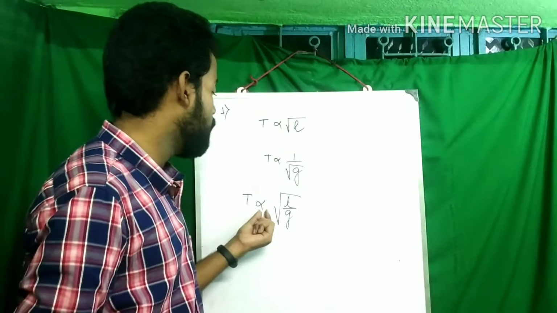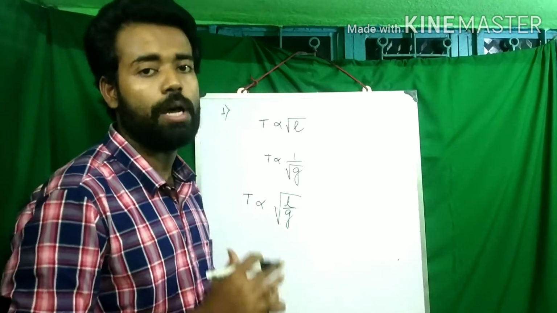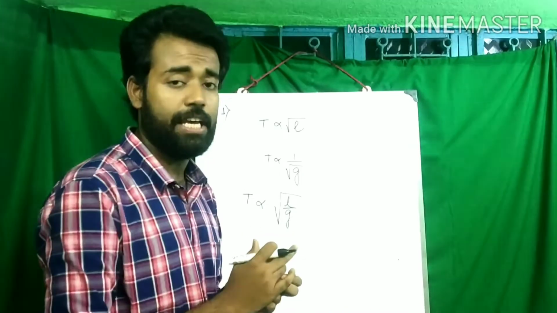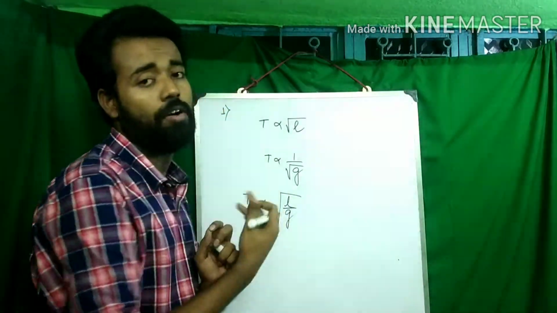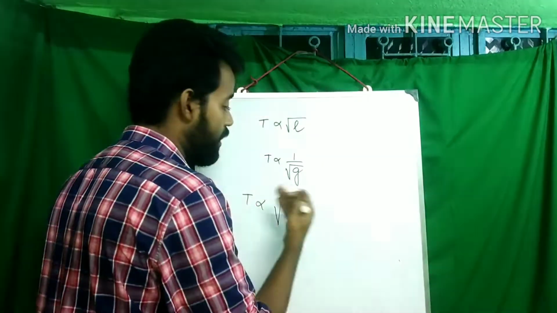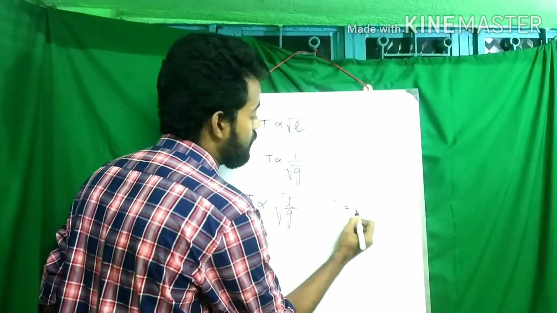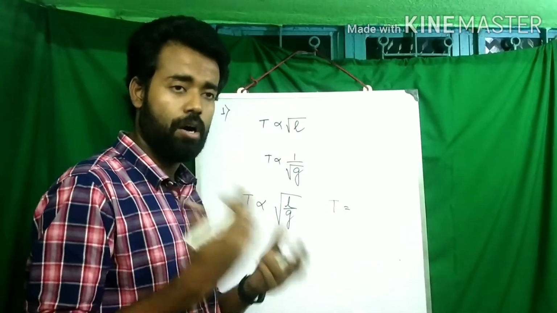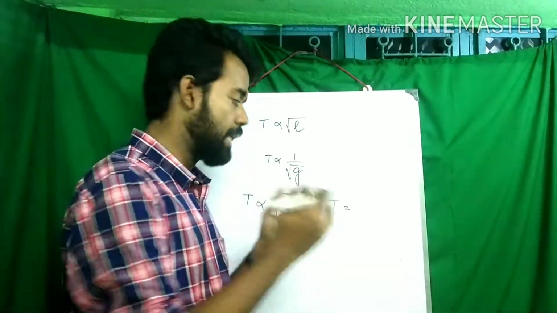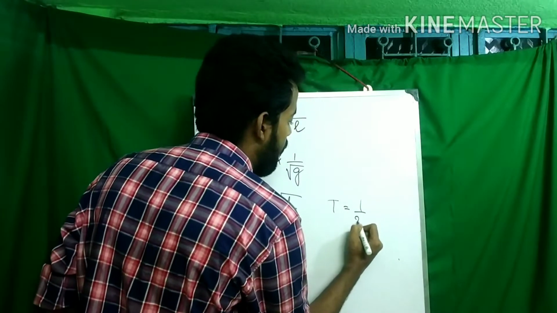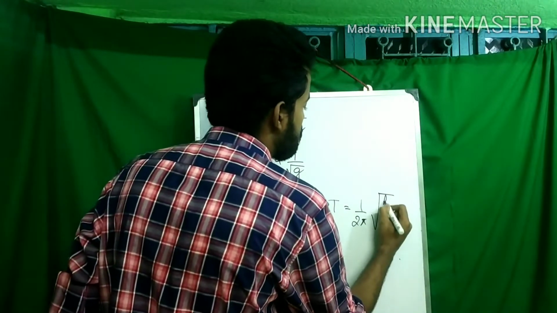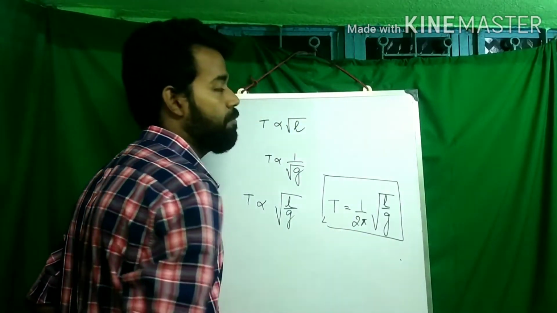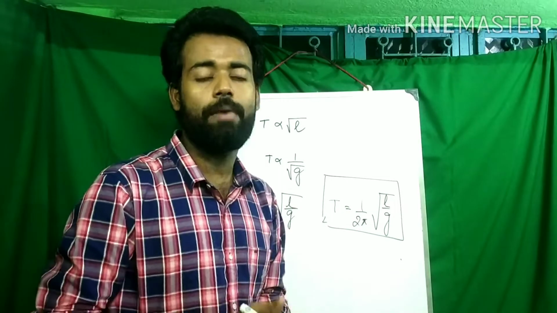Now we all know that to remove this proportionality sign we have to put a proportionality constant. The meaning of the proportionality sign is that they are not exactly equal. When this whole part increases, the value of time period will also increase. To convert it to an equality, we have to give an equal sign and put a proportionality constant over here. Again, on the basis of various observations and calculations, scientists found that this was equal to 1 by 2 pi. So the proportionality constant for this case is 1 by 2 pi, and we get the formula for time period: T equals 1 by 2 pi root over of L by g.